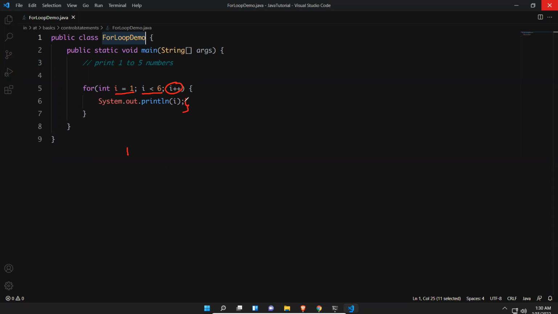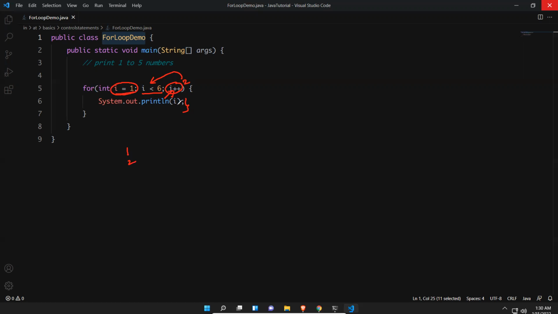After completion of this, it will directly go to the increment or decrement: i plus plus, it became 2. Then it comes here: 2 less than 6? Yes. Then go inside this and print 2. The initialization never executes after the first time; it is only for the first time. After that, it will only do these two things.